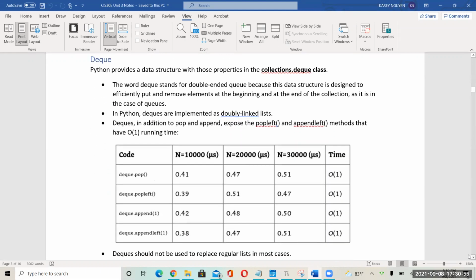So deque is part of collections and simply it is a dual list. There's ways that we can create a container. I don't want to say dual list. It's a list that we can access on both sides. So when we say a doubly linked list, all that means is we can add and remove elements from left